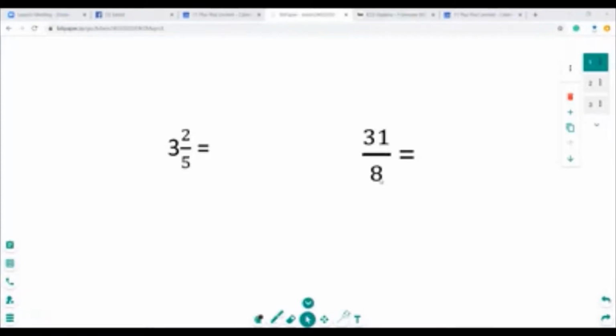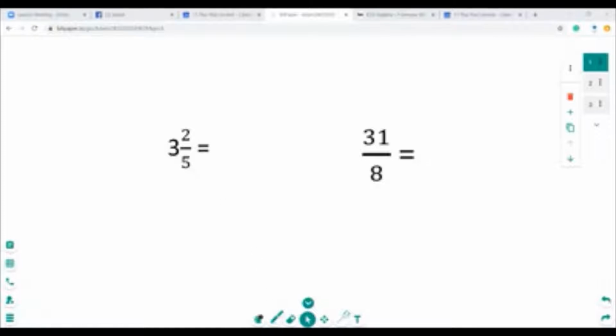So on the screen in front of us, we have a mixed number and we have an improper fraction. When it comes to adding and subtracting fractions and multiplying and dividing them, the ability to move between these two forms is very important. So we're going to look first of all at how we convert a mixed number into